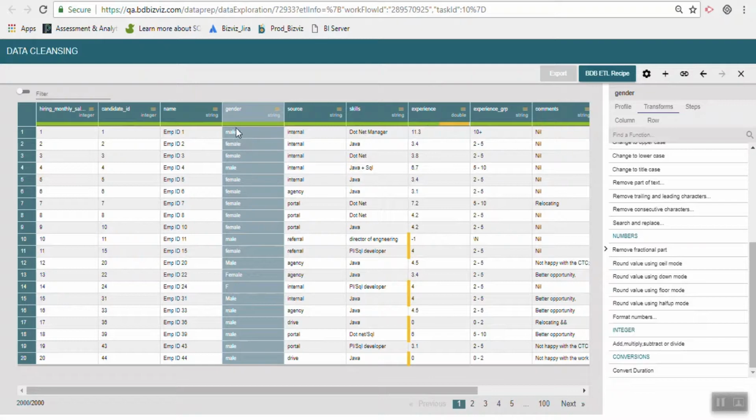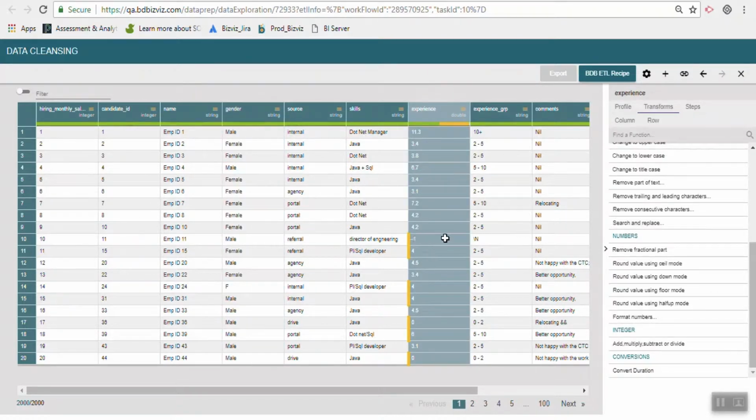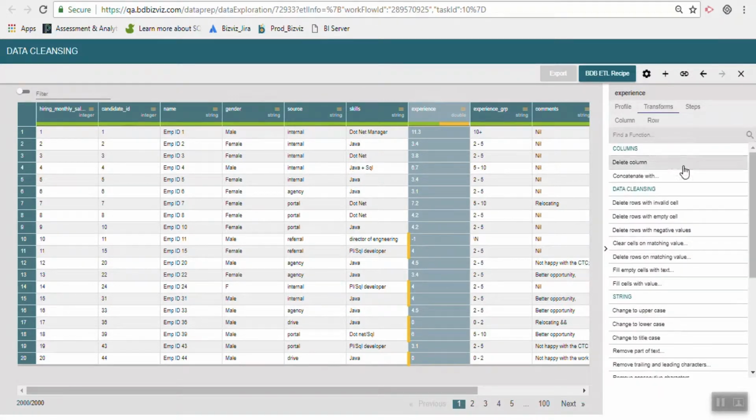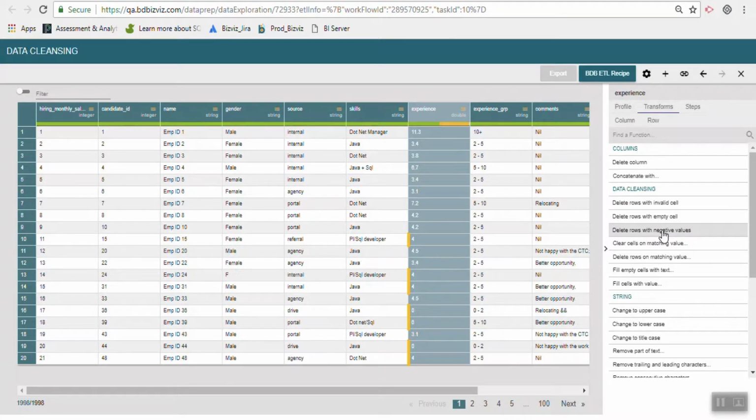Now I would like to come back to another column. So next is our experience, where I can see some data anomalies, some negative values. For this, we would be needing to delete the rows with the negative values. So it's deleted here. Once I choose that particular transformation,